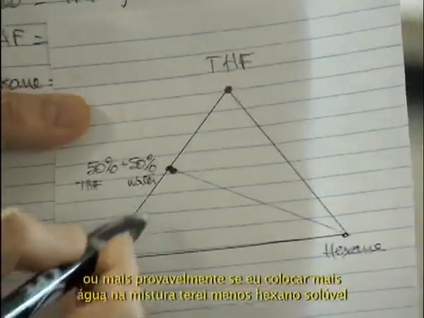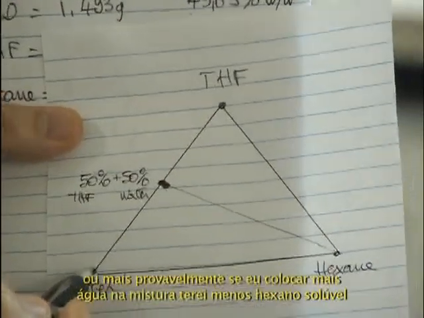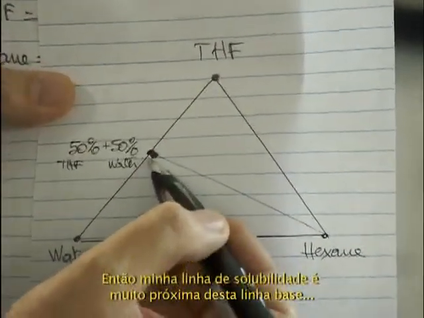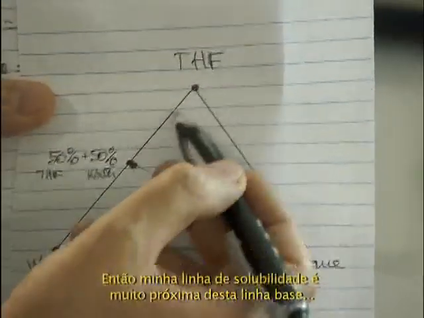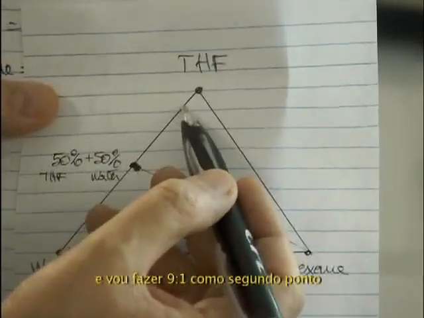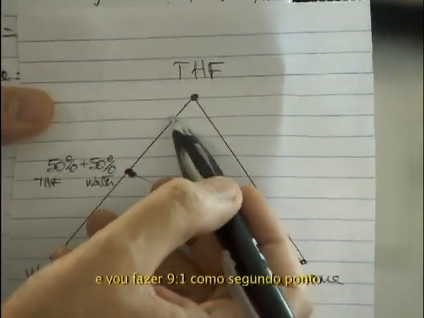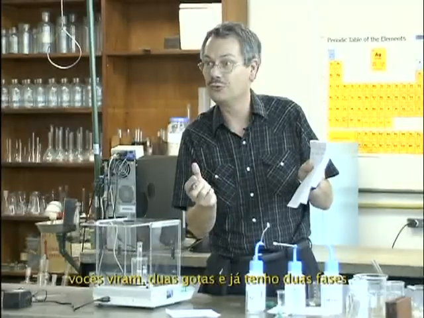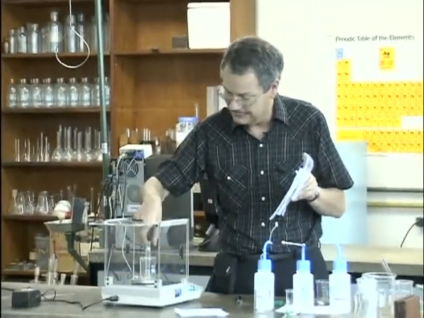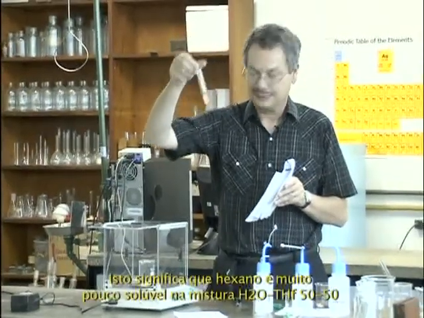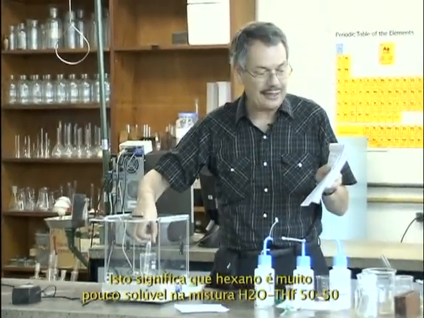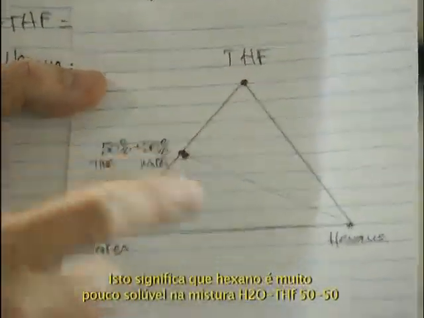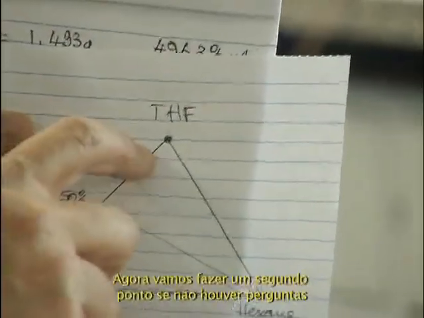It's probably that if you put more water in the initial mixture, you will get less hexane soluble. So my binodal curve is just very close to that basis line, and I will now go 9 to 1 to make the second one, to have a little room to put some hexane in it. Because you have seen 2 drops, and I got 2 phases. It's still there. So it means hexane is very little soluble in THF-water 50-50% mixture. Okay. So now I'll make a second one